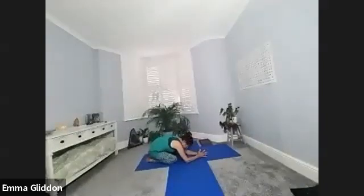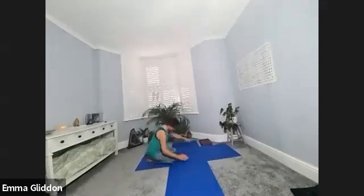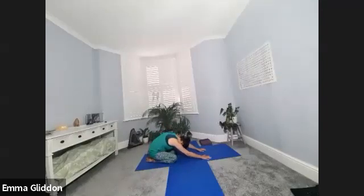Place the palms together in front of your head. Bend the elbows and point those fingertips down your spine in child's pose. Finding a good way to be. Just counter-posing after all those stretches. Lovely. Thank you very much. And then I'm going to release the pose, bring the hands to the ground, and then